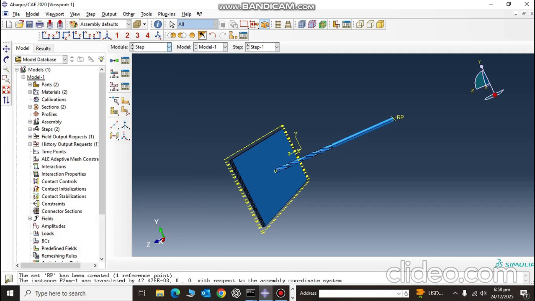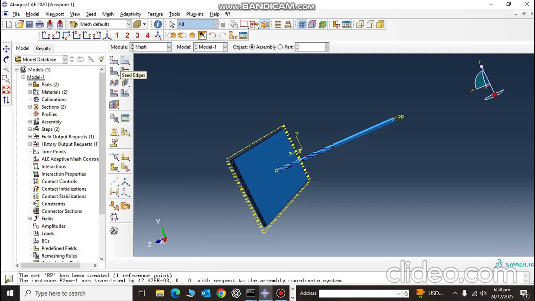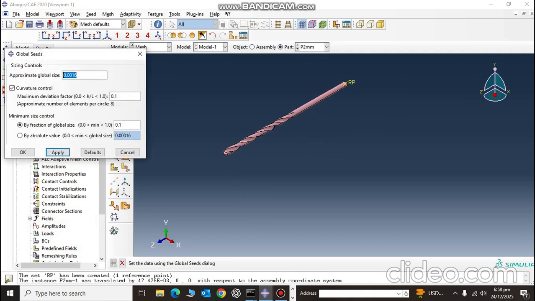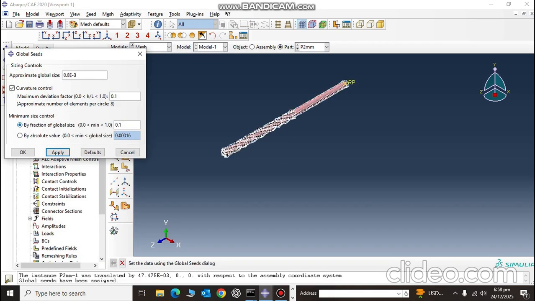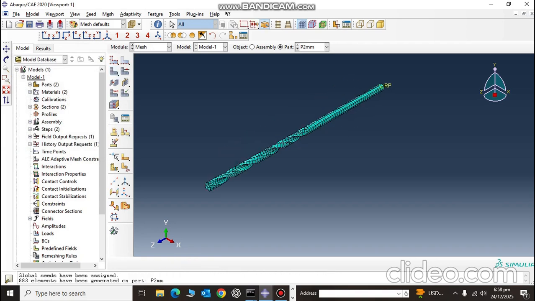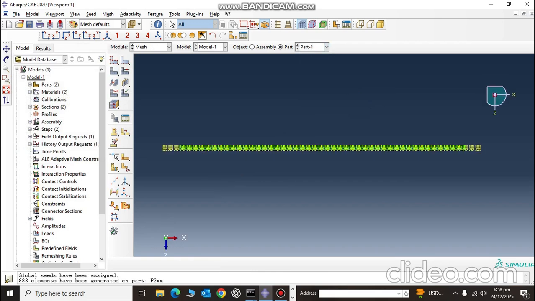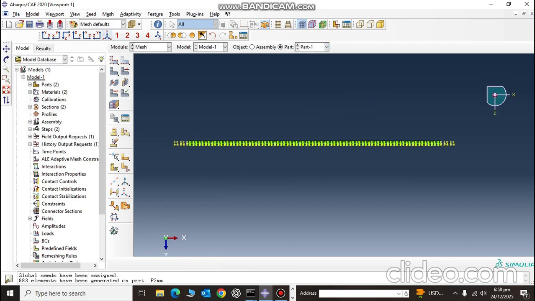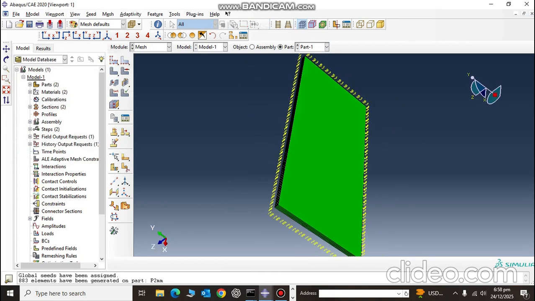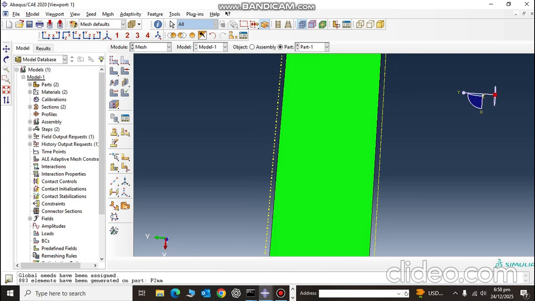So now the next step should be the meshing. We need to mesh both. So we are taking 0.8 millimeter for this one, and it is rigid and undeformable, so meshing here will not affect the simulation result. However, the simulation result will be affected if you are not using a proper mesh on this ply, because it is going to deform. So we are going to